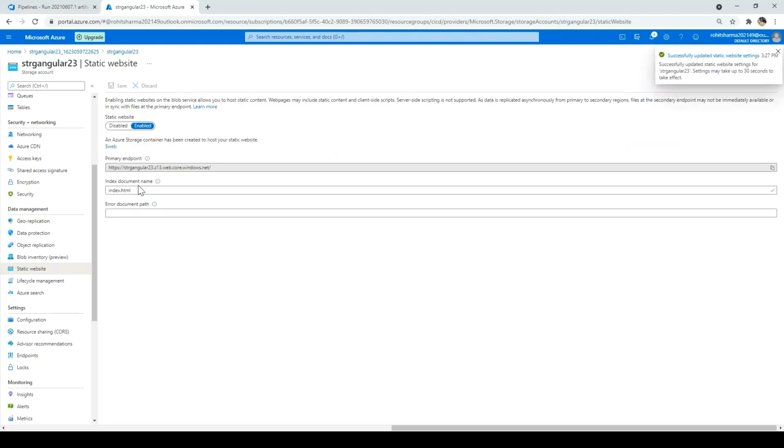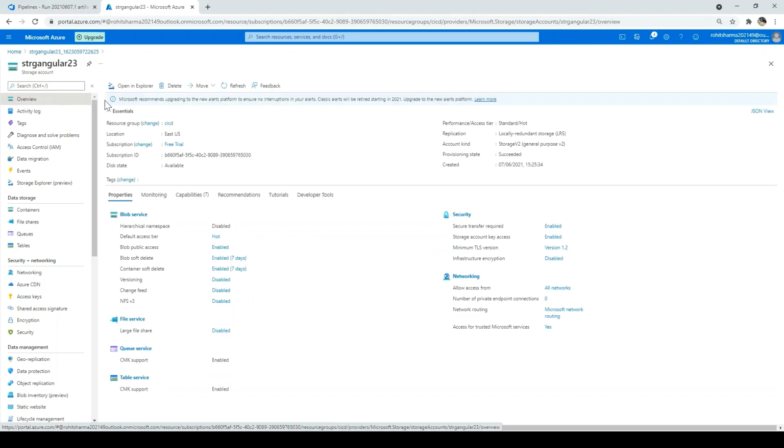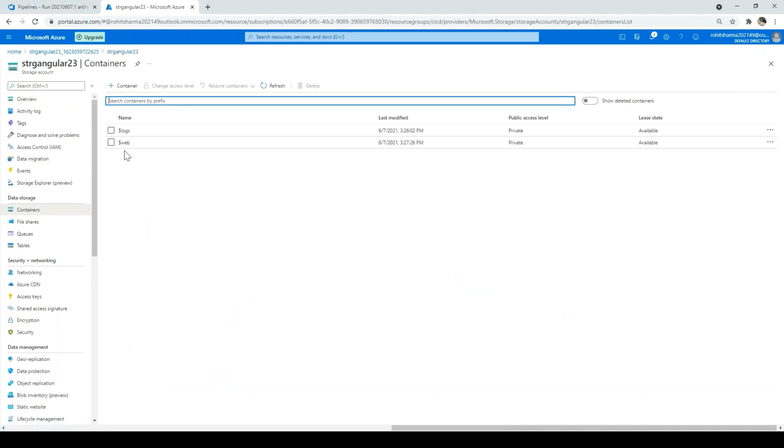So once you enter this information, a URL it will give, so that is the URL which we will be using to access the particular website which we are going to deploy in the storage account. And if you want to see, once we enable it, a folder is created in the container. So let's just go. If I go to blob service, a container is created with the name $web. So this is a place where we will be deploying all the files from the Angular project.